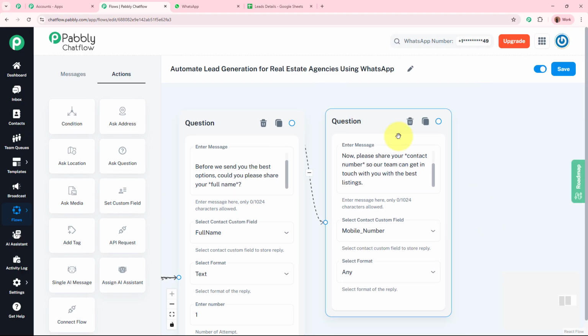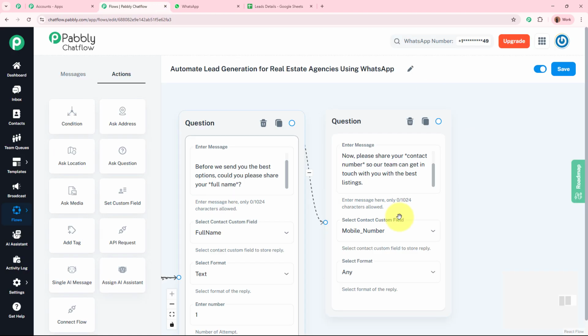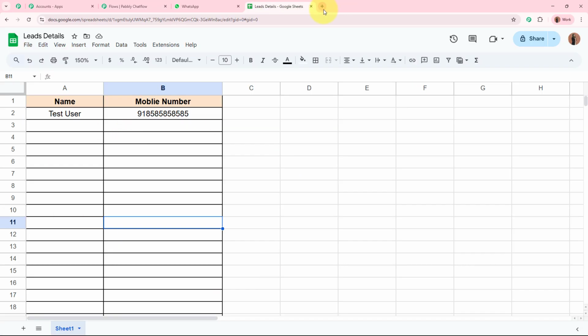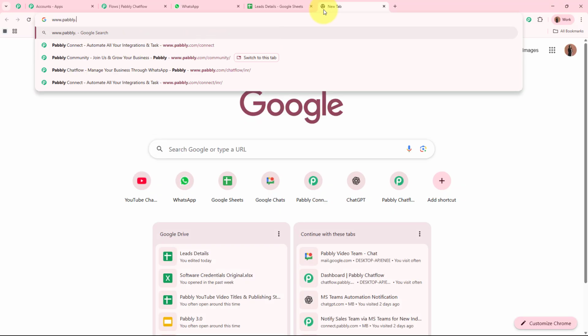After adding both of these questions right over here, now what I want is to send the data of the full name and the phone number in my Google Sheets right here. And we are going to do that by building the connection between WhatsApp chatbot, that is Pabbly Chatflow, and Google Sheets using Pabbly Connect. For that, on a new tab, I'm going to browse the website of Pabbly Connect, that is